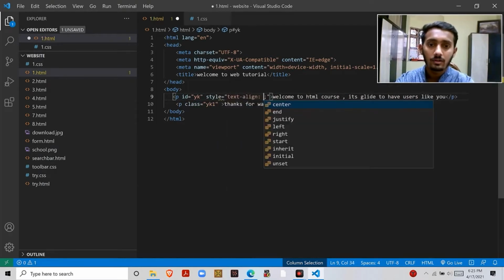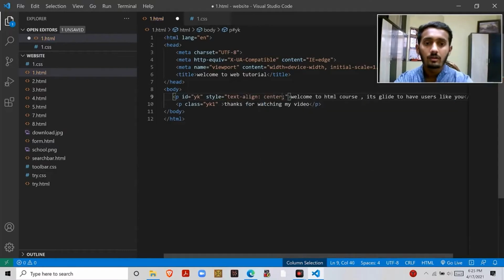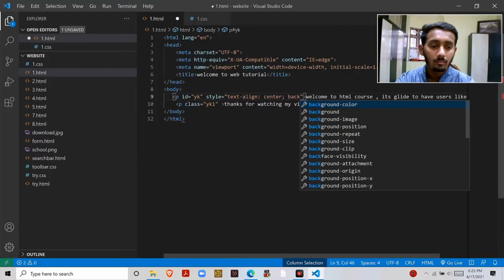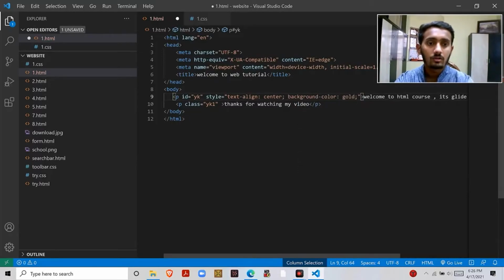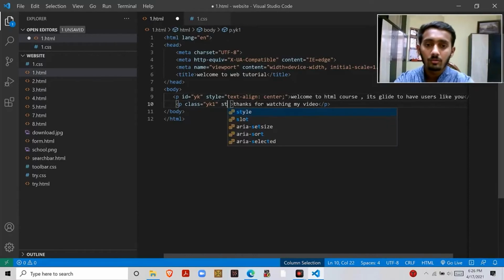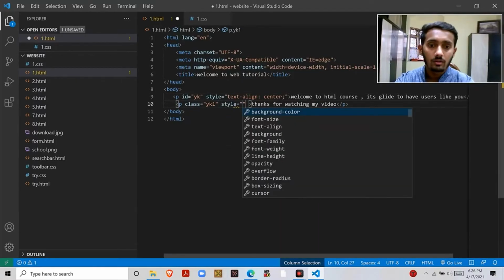In style, text-align center, then background color as gold. We want the whole background as golden.